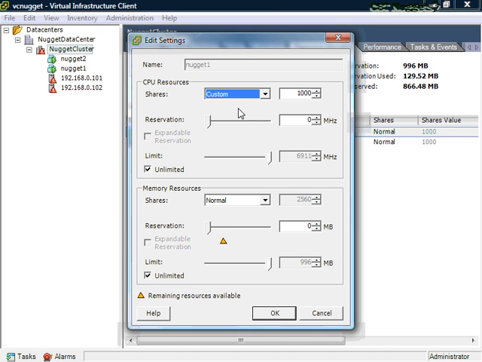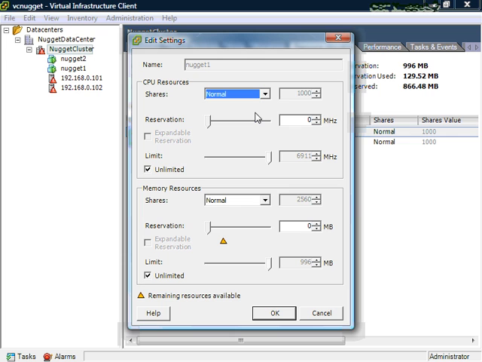and assign them all together. Now, if you choose custom CPU shares, it's going to get complicated because each time you add additional machines into your environment, it's going to have to add to the total number of CPU shares. You'll see here under shares value, I have 2,000 shares. Well, when I add a third machine, I'm going to add another 1,000 shares, and that kind of jacks with the assignment of value for shares there. So be aware that you can change these here to assign how much CPU resources you're going to give to